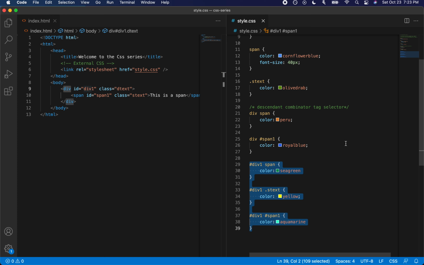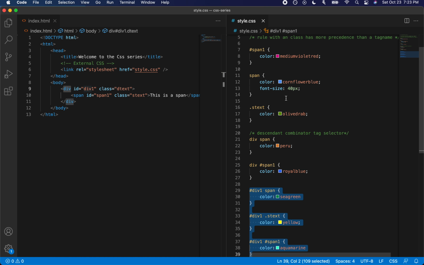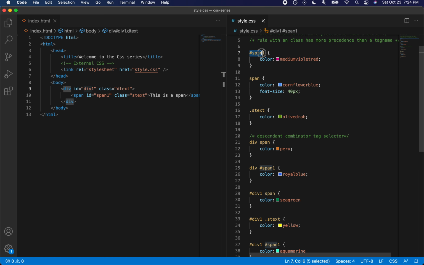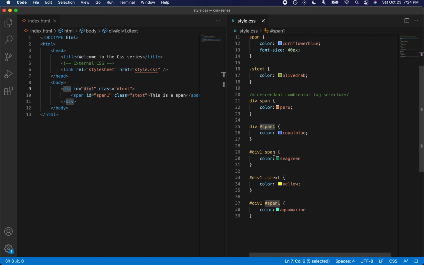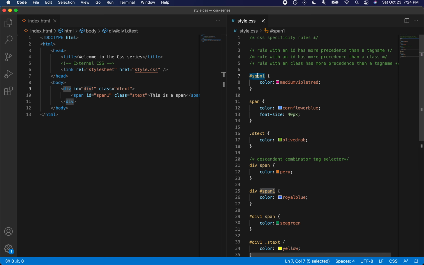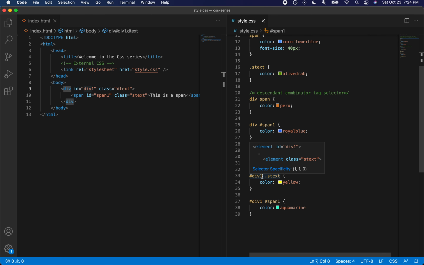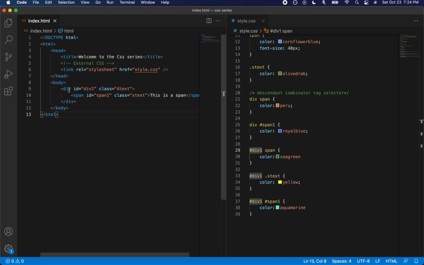So the general rule of thumb is when we compare a direct selector versus a parent selector, the parent selector has more specificity than the direct selector. So when compared to hash span1 and hash div1, hash div1 has higher specificity as it's a parent. So that's another thing to consider.